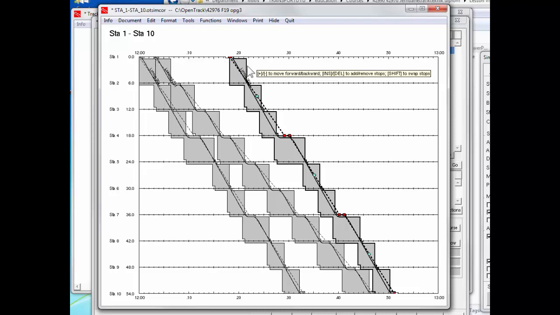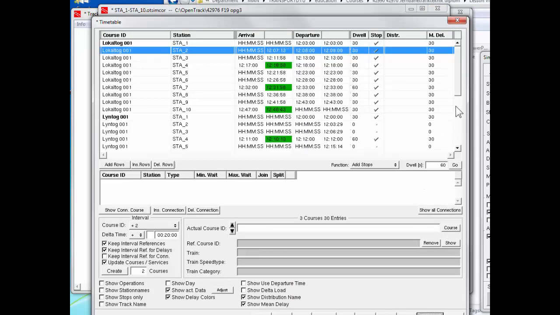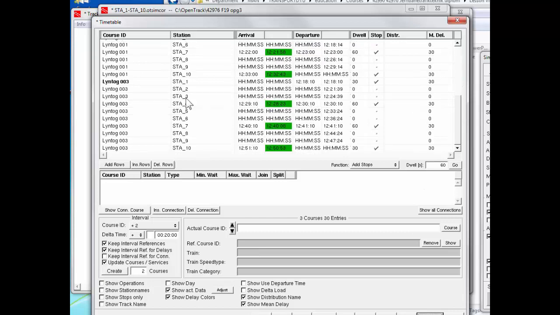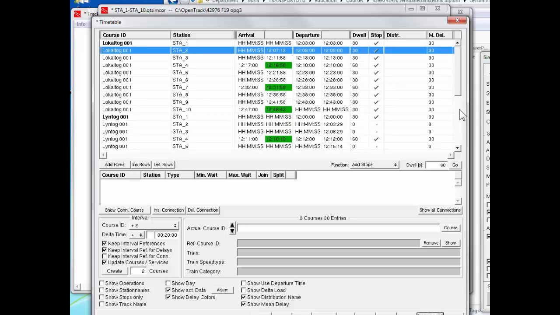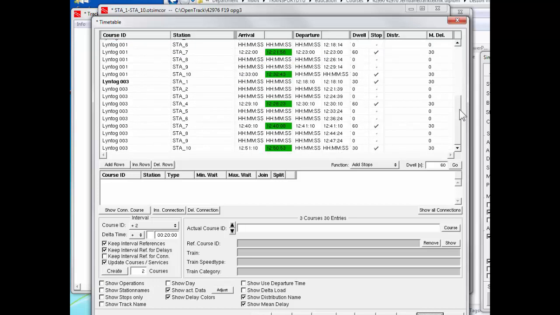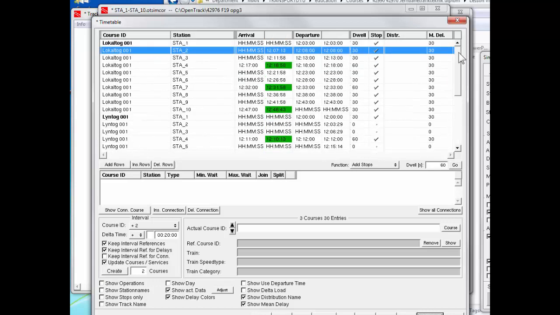Well, I can go back to the timetable and find out exactly what the headway should be between these trains. So let's go back and look at the timetable. According to the timetable, 18 minutes and 10 seconds is the headway between two loon toes. So if there's 18 minutes and 10 seconds between two loon toes, then I can also go 18, so that's